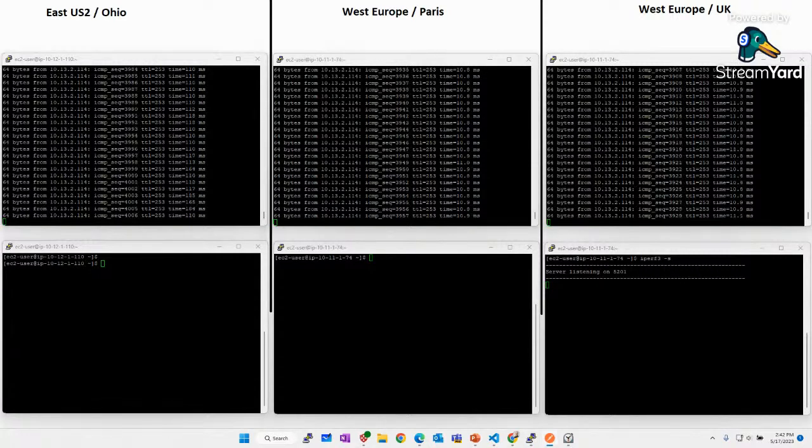In my case, I'm now putting the interface down. You can see here in a few seconds, now the switch is finished. Here 10 milliseconds and now 26 milliseconds. So now we are using the connection between Paris and vWAN to connect to UK.